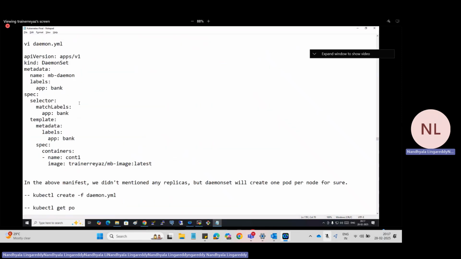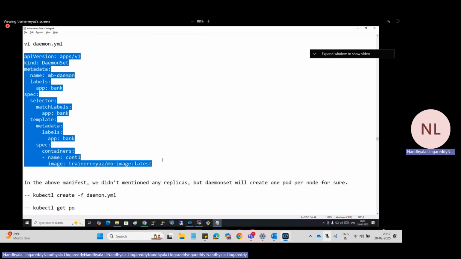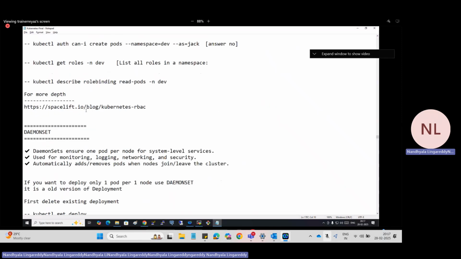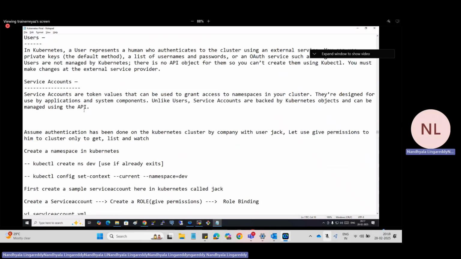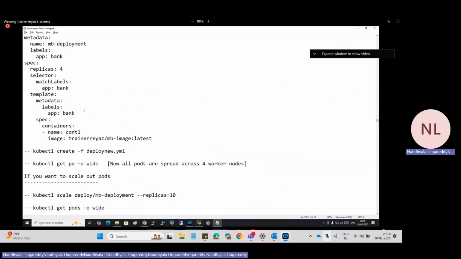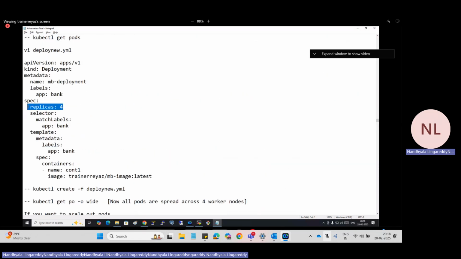Okay, see this manifest file. Same manifest file, but do we have replicas in the spec here? No. I'll show you the previous manifest file. For deployment, for replica set, for everything we have replicas.